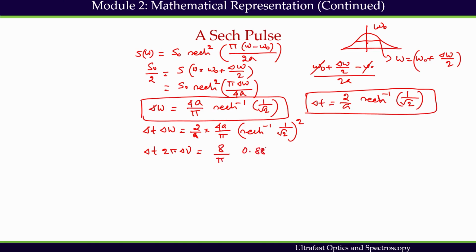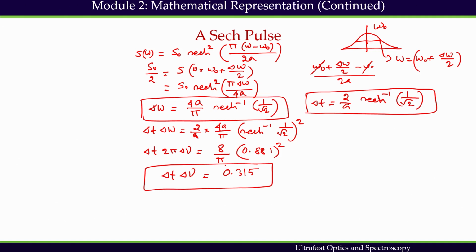This value is going to be 881 whole square, or in other words, delta t delta nu is going to be 0.315. One can use calculator to recheck this expression. So what we get is that for hyperbolic sec function, time bandwidth product is going to be 0.315, which is different from a Gaussian pulse or a